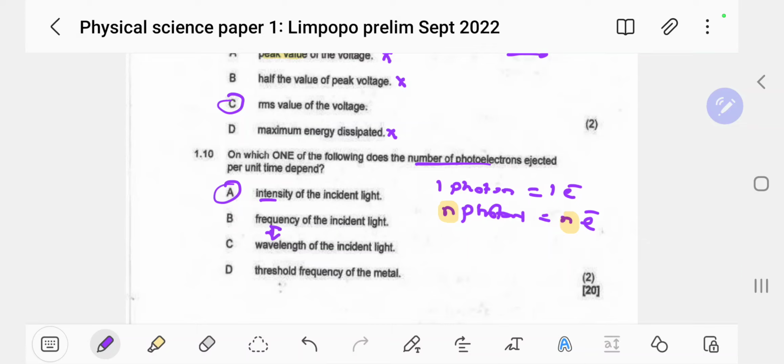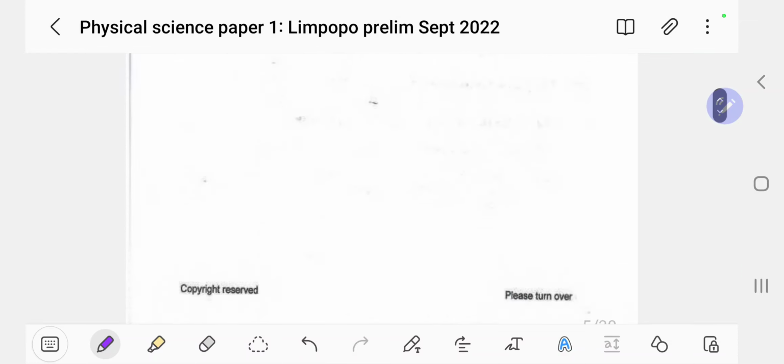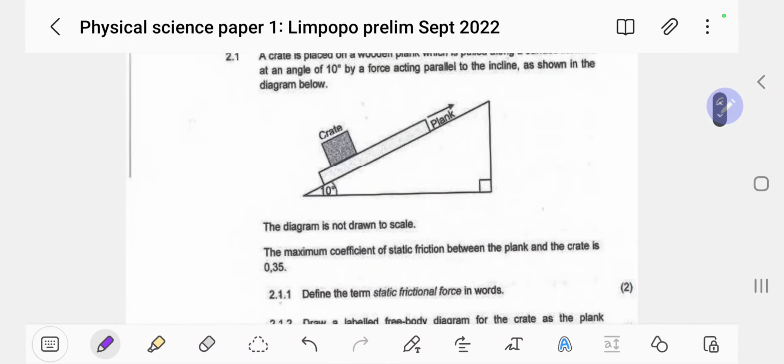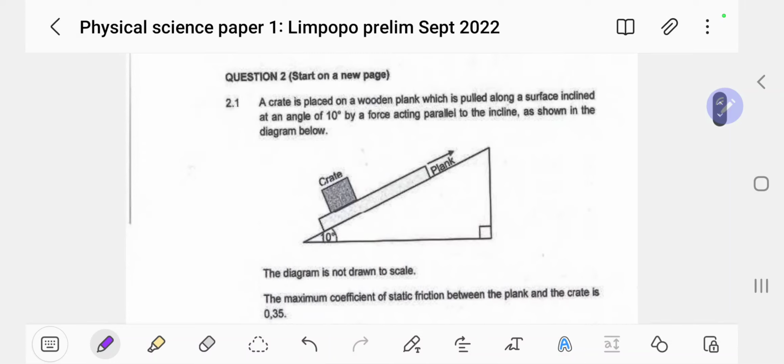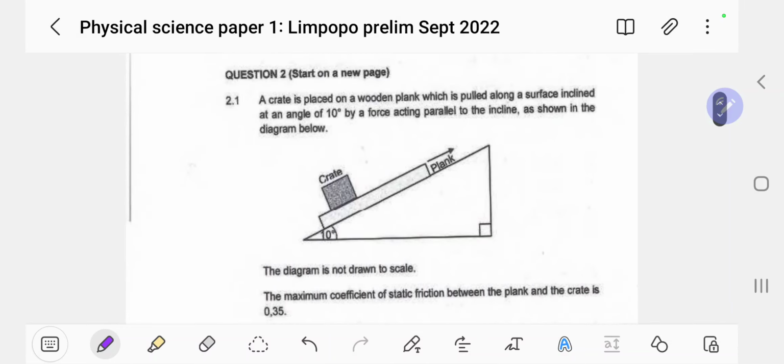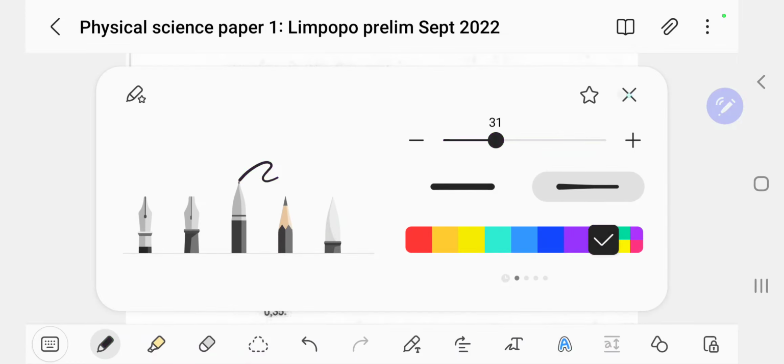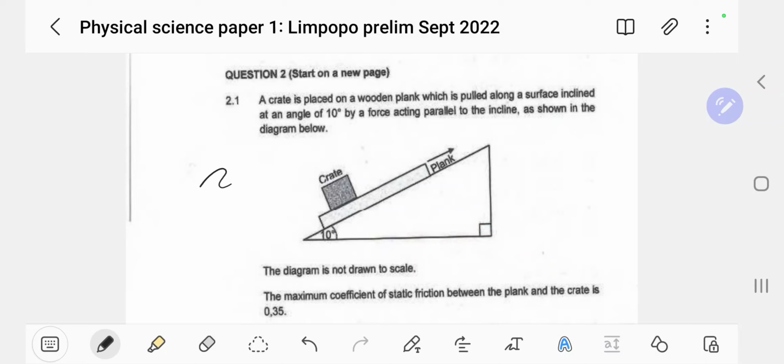Okay, exactly 30 minutes, guys. We've answered question 1. So I hope you have been able to follow easily there without any issues. So now let's do question 2. This is where the action is coming. All right, so let's do what we do best. Okay, we're going to answer stuff now.